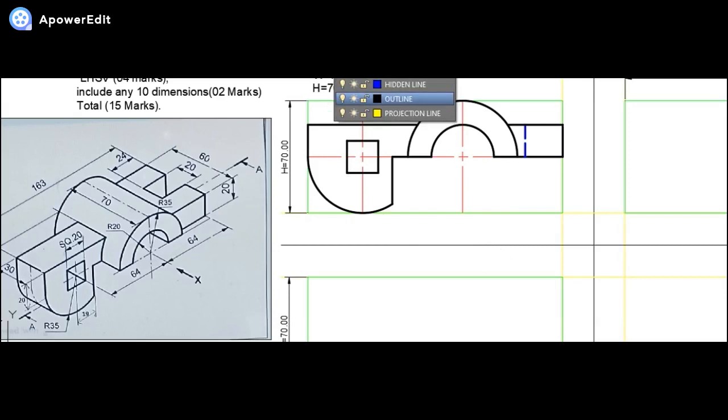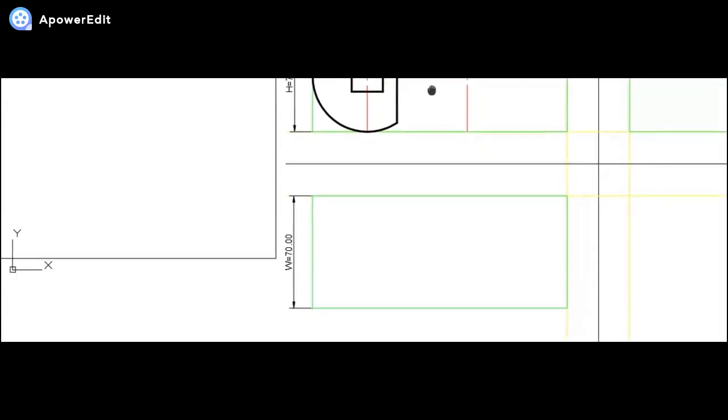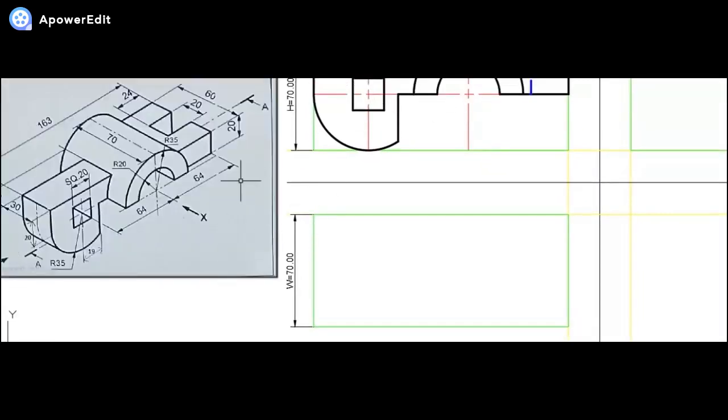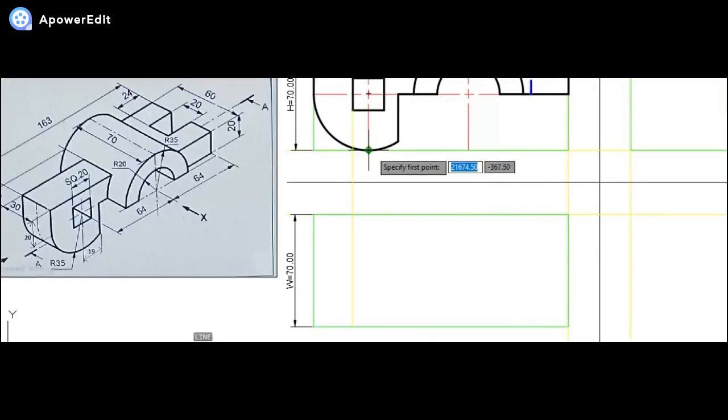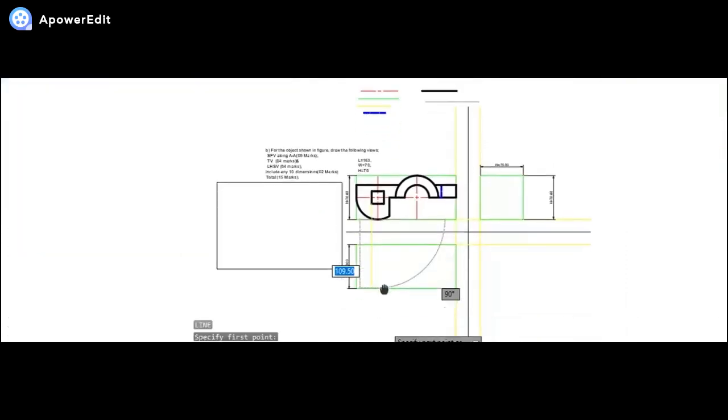This is the normal front view section. We'll be drawing it later on. Now let's go for the top view. Just for the sake of the top view, my dear friends, I'll be taking all the vertical projections down, one by one, so that things will be easier on my part.